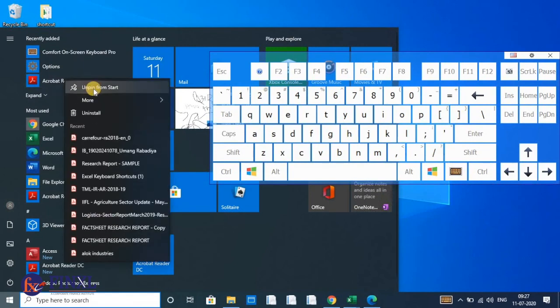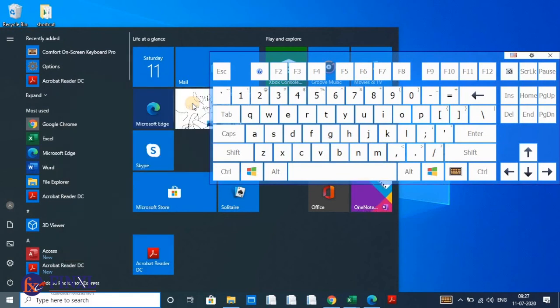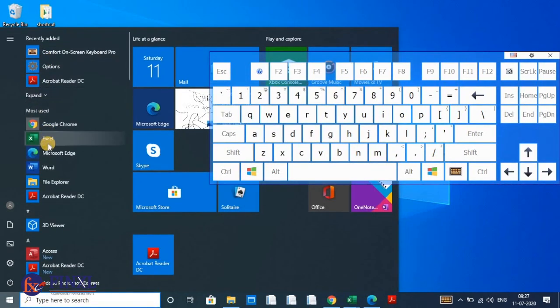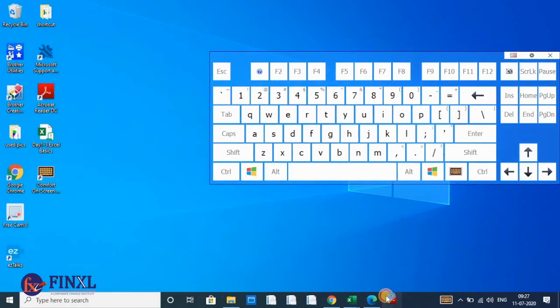I can right-click and I can see pin to taskbar. When I click on this, I can see it here. So you can pin the programs which you frequently use here, and you can just click on them instead of going to window and opening the program from there. So better, you can directly open it from here.